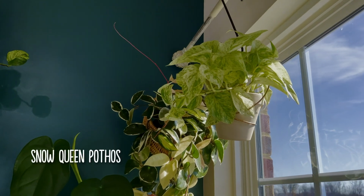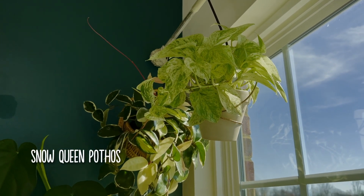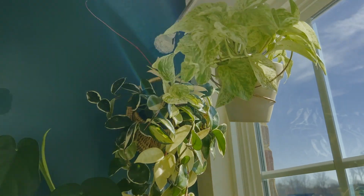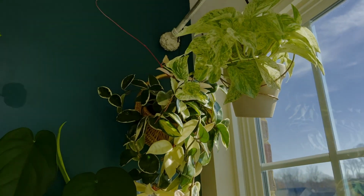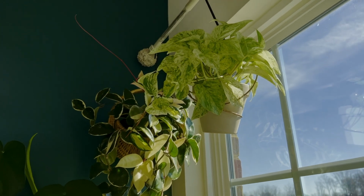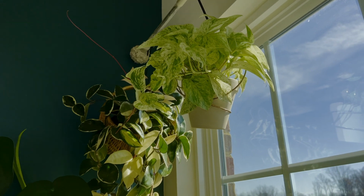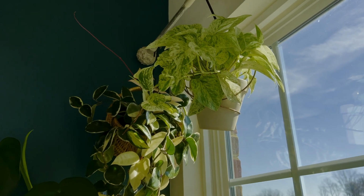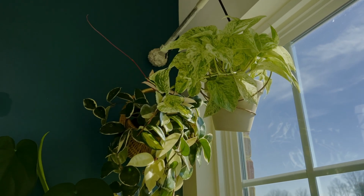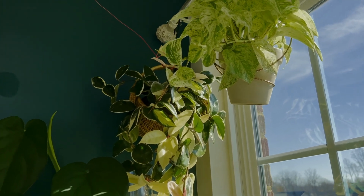First one is the Snow Queen pothos that I have hanging in a 4-inch pot, and I really like that one. I do put it here because I want to keep its white variegation. I don't want it to become too green. It looks a bit more like a Jessenia or a golden pothos. So I try to give it as much light as I can to maintain that white variegation. And right next to it,